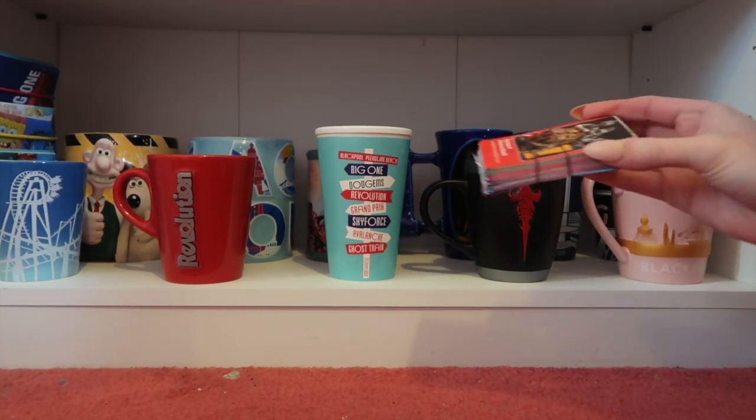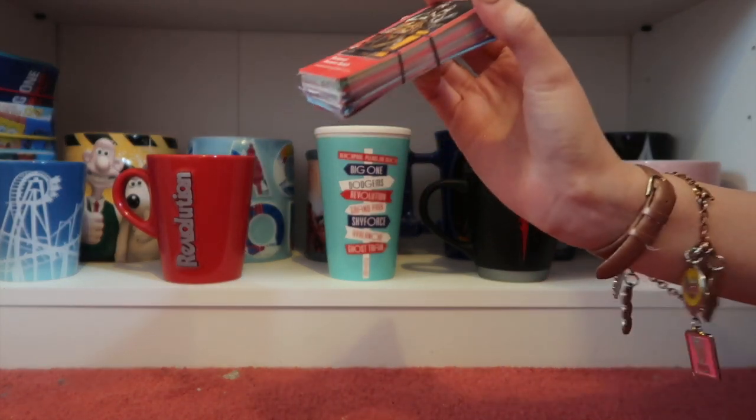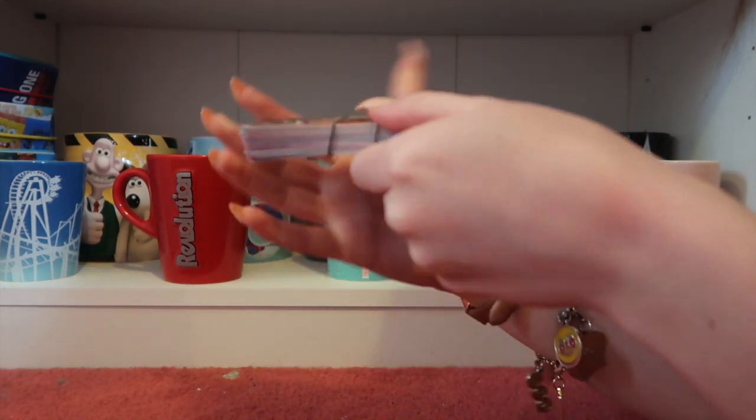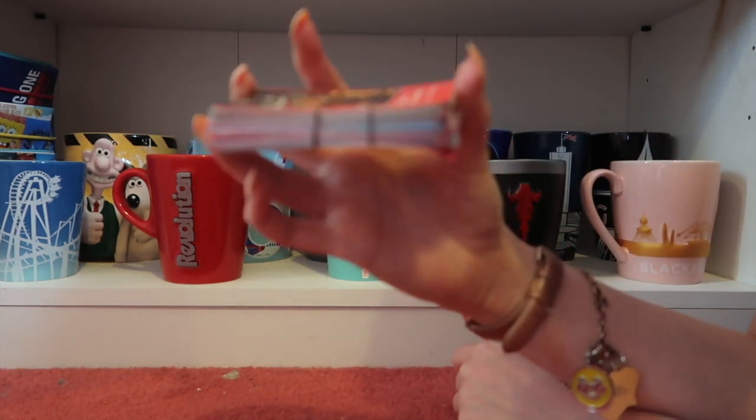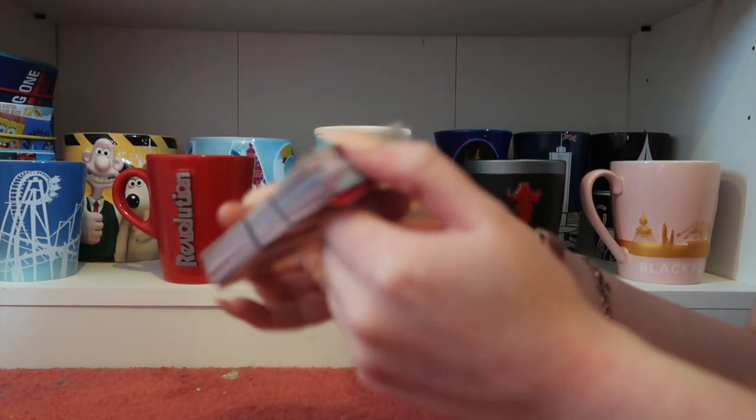So these are all of my... oh, this is going to be so hard to see because I can't really see my camera, I can't see in the viewfinder. There we go. So yeah, this is my Pleasure Beach pass collection, so all of my passes that I have